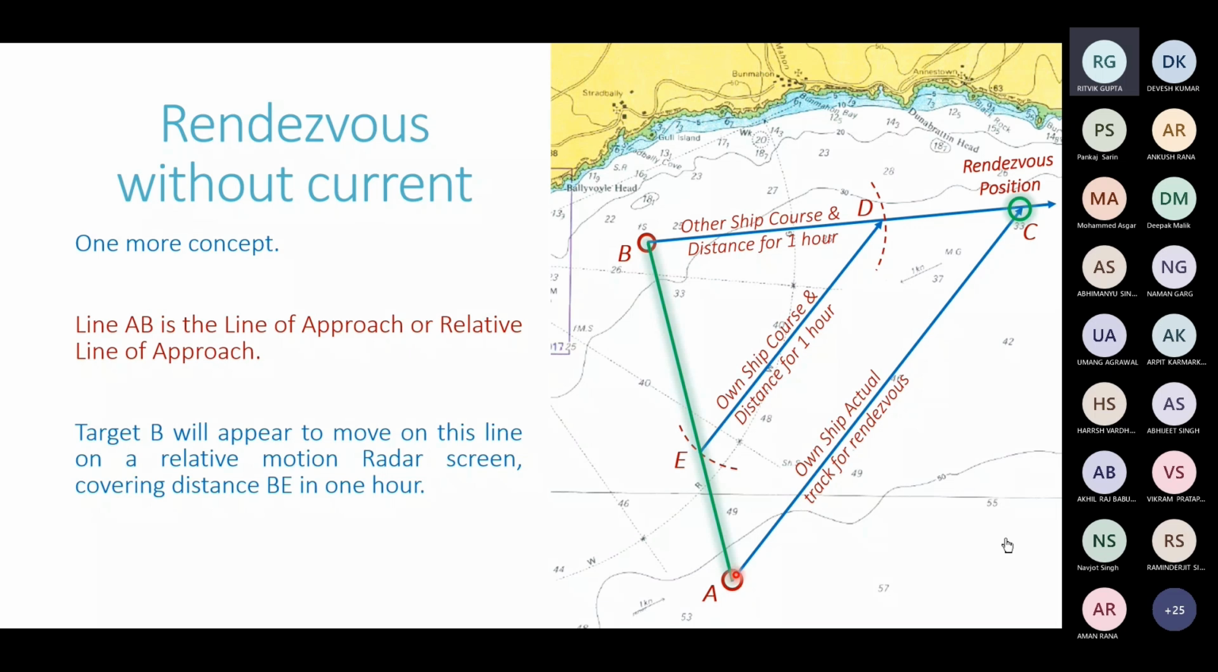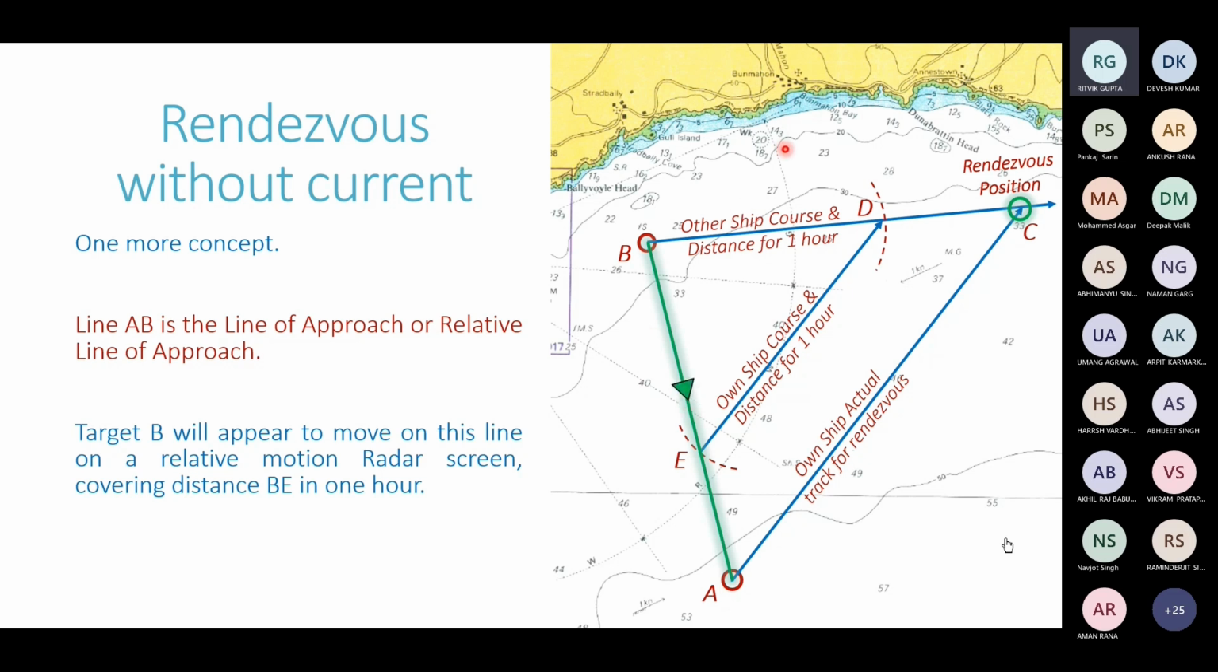If you want to make a rendezvous, the line of approach has to be passing from our position. So that target has to approach towards our position. That's why we joined B with A. But in a different scenario,